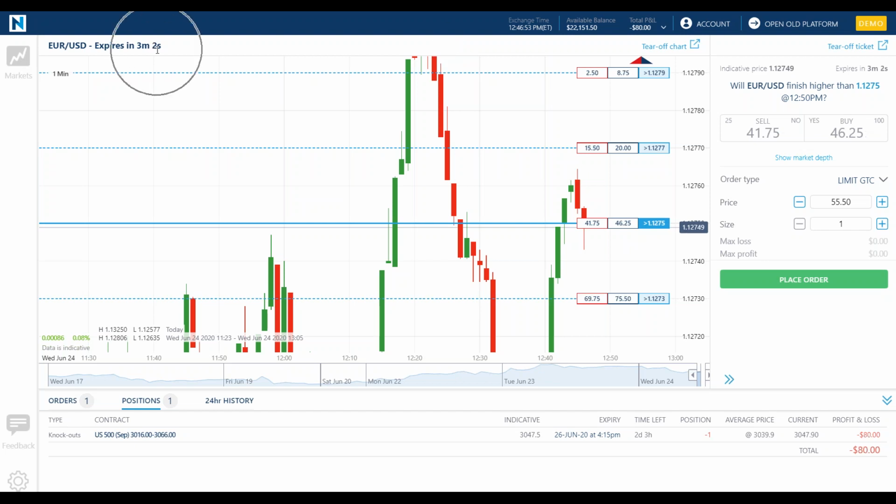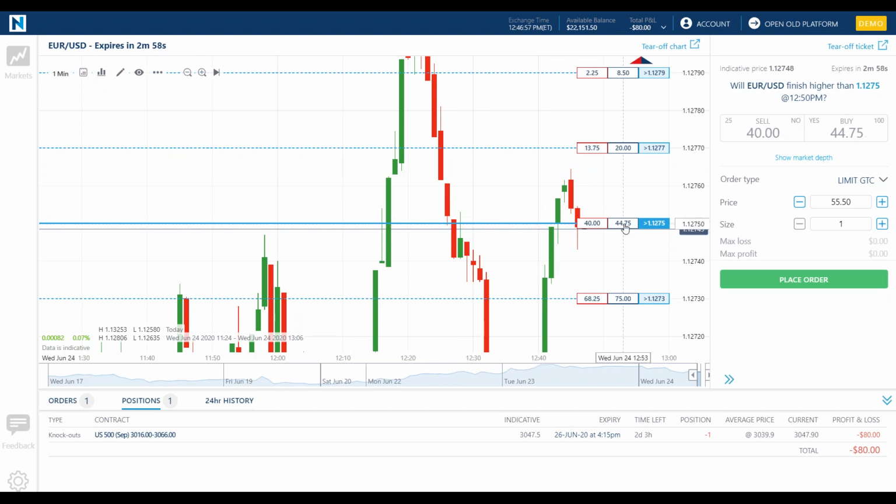This is going to end in 3 minutes and 2 seconds, 3 minutes and 1 second, and the probabilities on these are going to move quickly. They're going to move either toward 100, because the answer is going to be yes and it's going to settle at 100, or they're going to move towards 0, because the probability of this question being true is going to be closer to 0. As it moves around, you will watch.